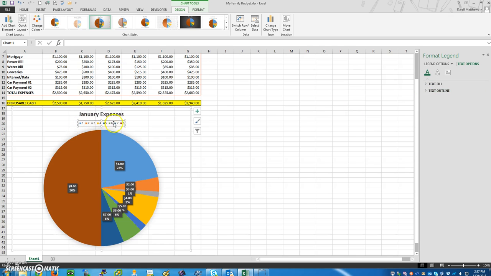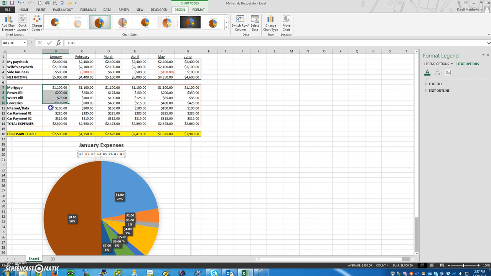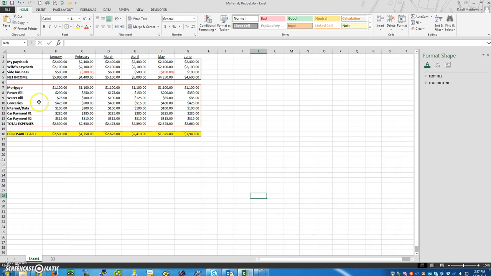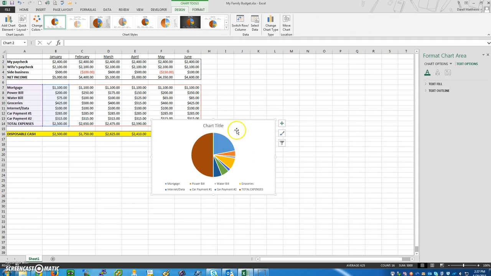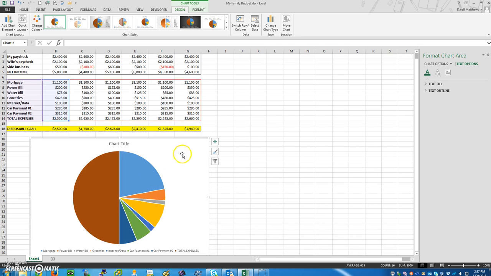And instead of showing just numbers, you'll notice I only highlighted the numbers. So it doesn't understand what is what. Let me show you one quick thing. I'm going to delete that chart altogether. I'm going to try this. I'm going to highlight not only the numbers but the expenses themselves, where I'm highlighting the actual types of expense. Then I'm going to create another chart, and you'll notice in this example it actually highlights and tells what each